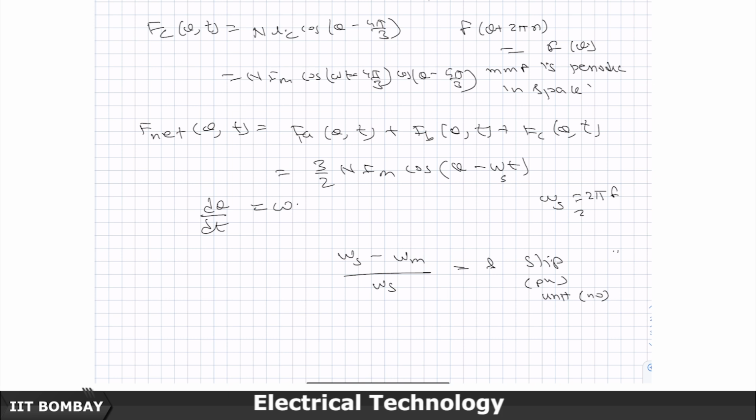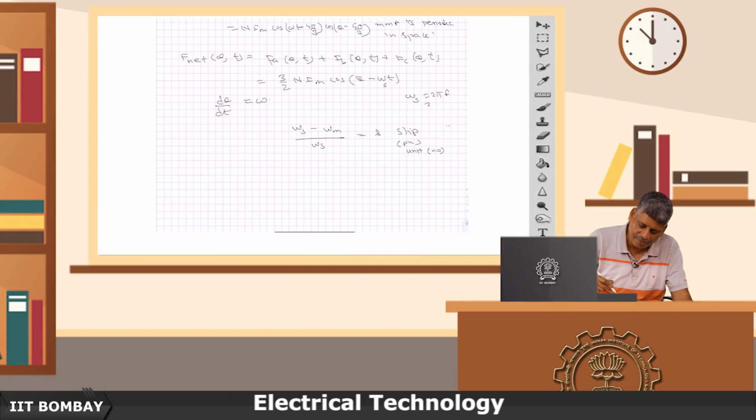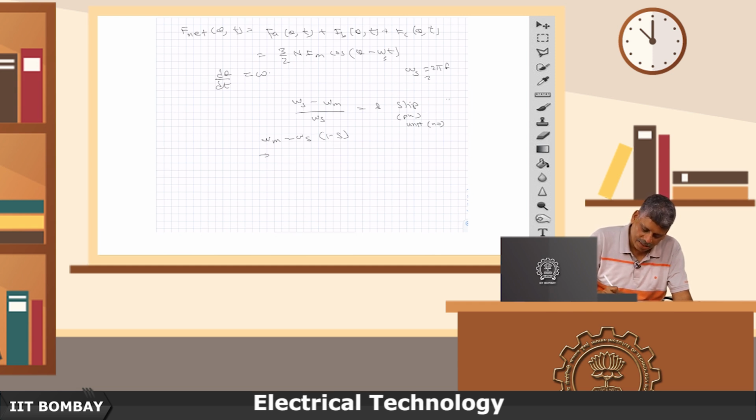The machine will usually slip back from the synchronous speed when you put some load on its rotor, the induction machine's rotor, the cage rotor that I described earlier in class. When you put some load there, it will slip back, and therefore this is called slip. And when he has slipped by a speed of omega slip, so omega m is omega s into 1 minus s, then what is going to happen is he or she will see the rotating MMF